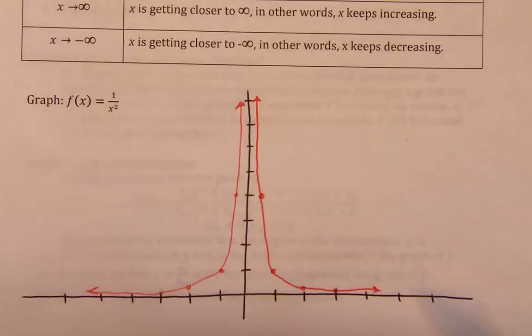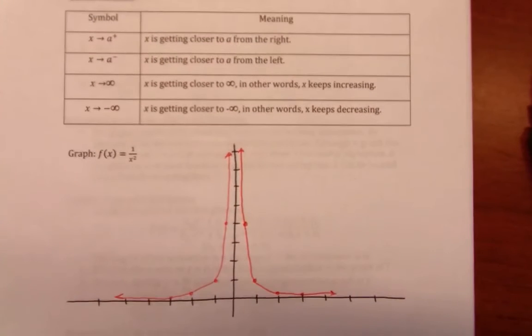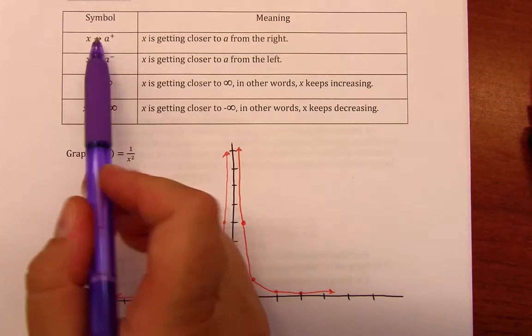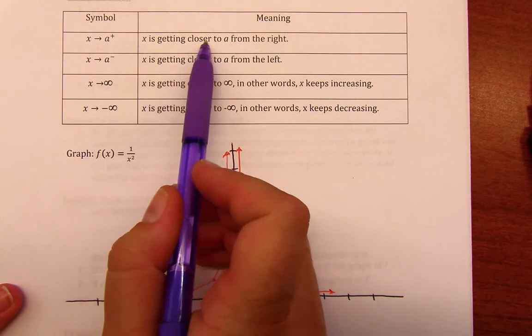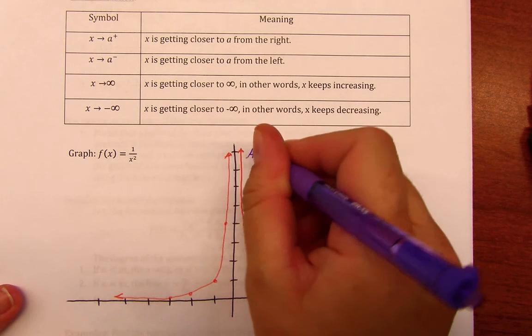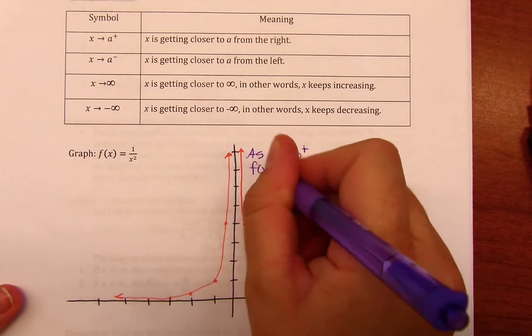And now we're going to use the chart above to describe what's happening here. So looking at my graph and my chart, as x is getting closer to a from the right, let's say a is 0. As x is getting closer to 0 from the right side, my function is getting larger and larger. So the way we can describe that is as x goes to 0 from the right, f of x goes